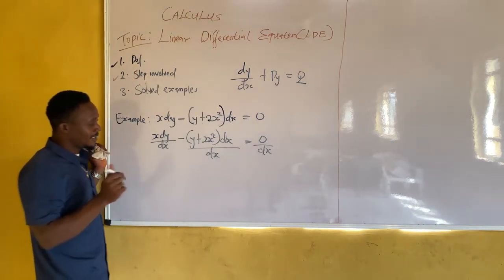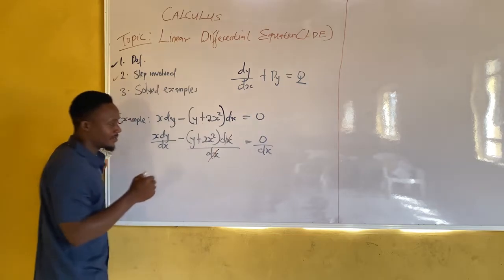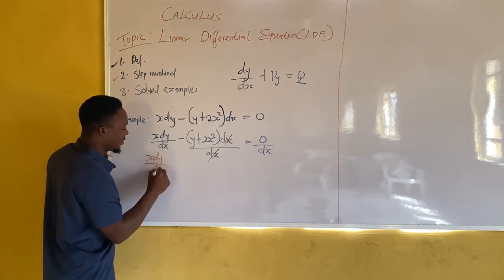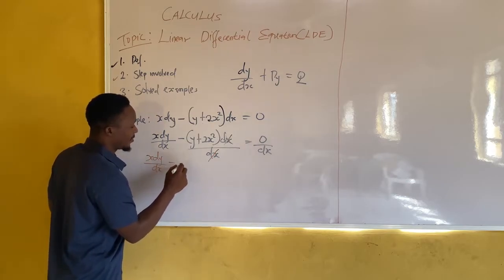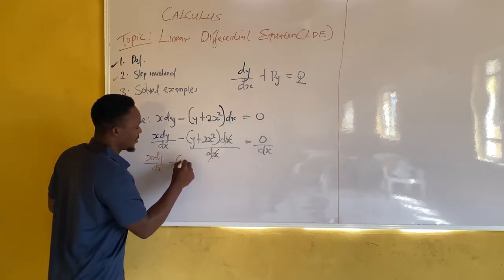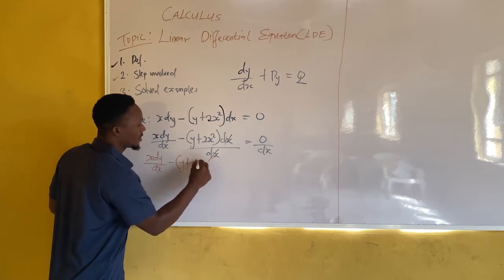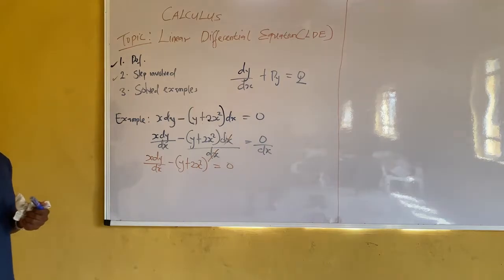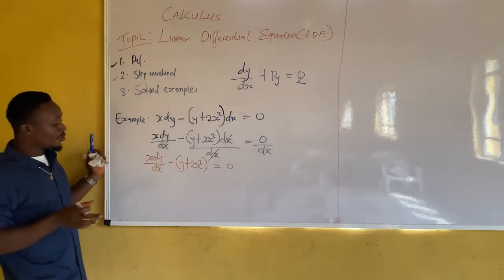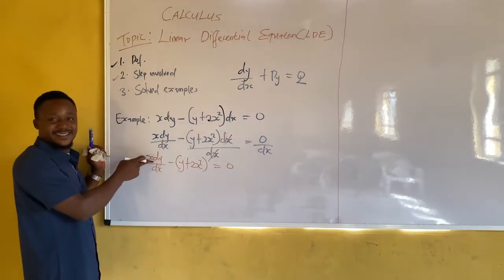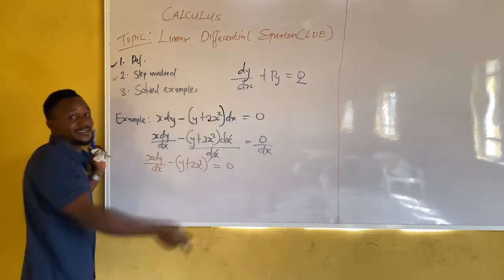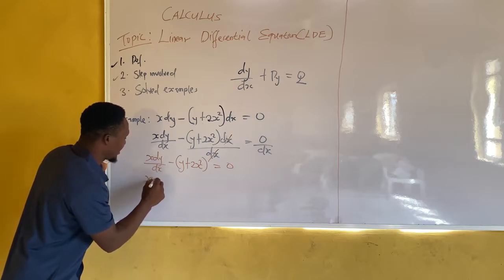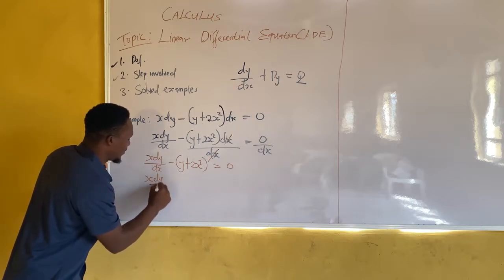Now, if you look closely, you will discover that dx will cancel out. So you are going to have x dy over dx minus y plus 2x squared is equal to 0. Now, what's the next step? The next step we are going to do now is to also divide through by x so that we can have dy over dx. So once we divide through by x, we are going to have x dy over dx